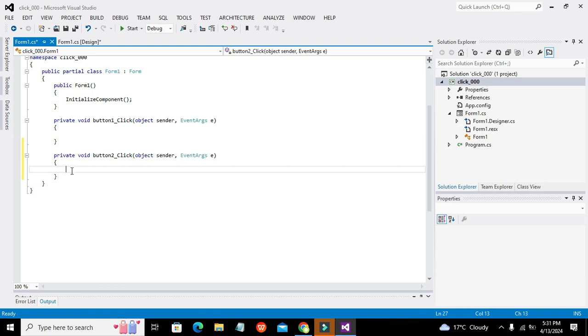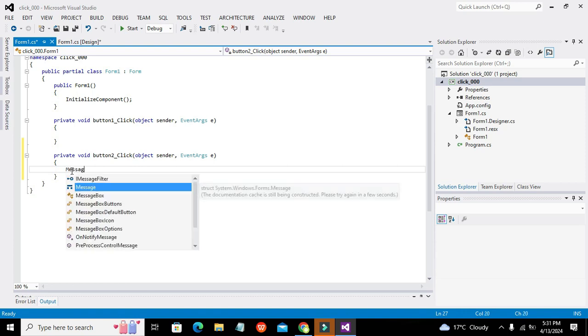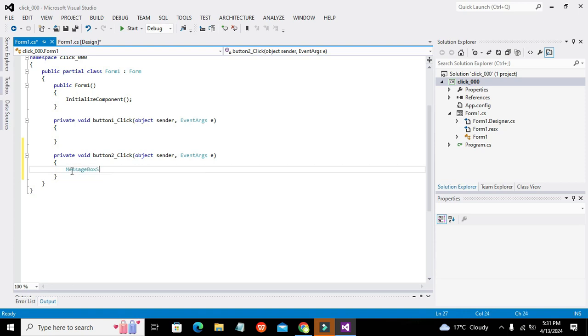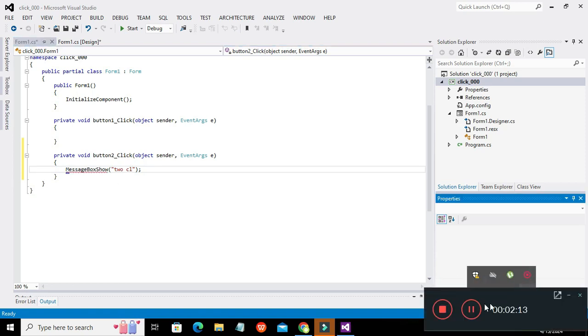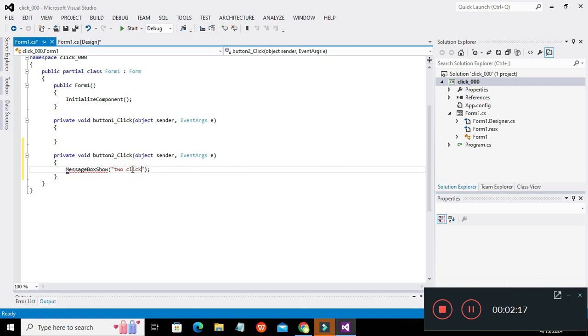So in push button 2, we can write MessageBox.Show("2 clicked"). Okay,